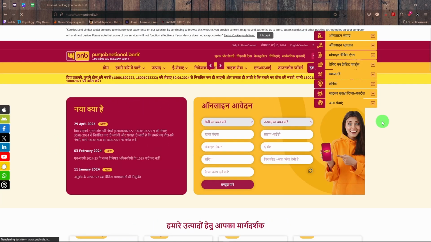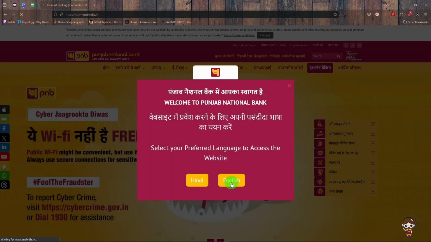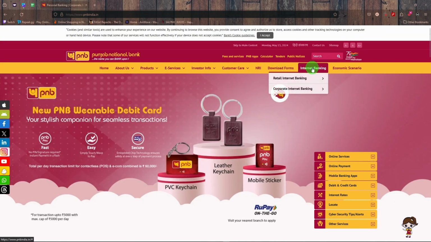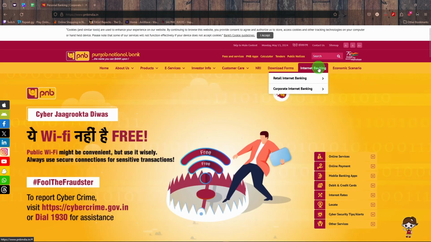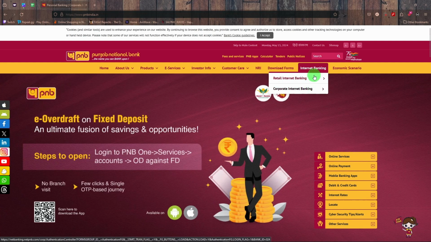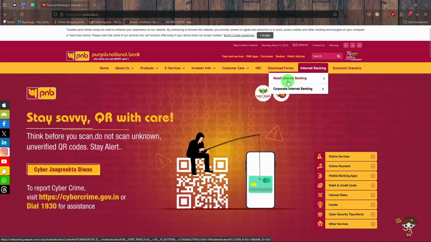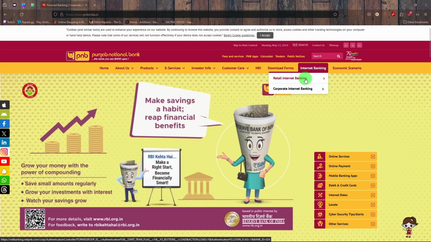Let the page load. Once the page loads, you're going to click on internet banking right here. Then you're going to see these two options. If you're using PNB for personal purpose, you're going to click on retail internet banking, or if you're using